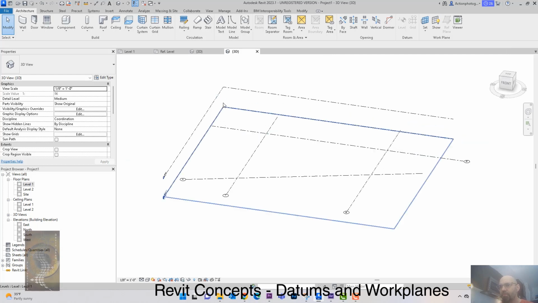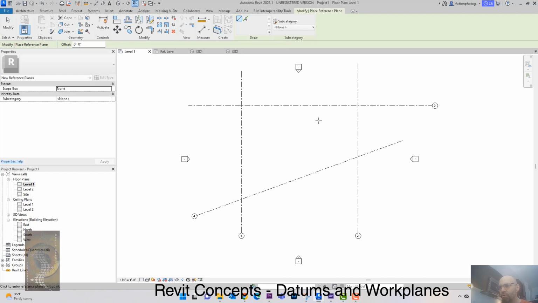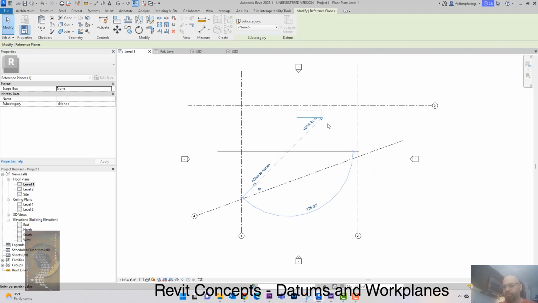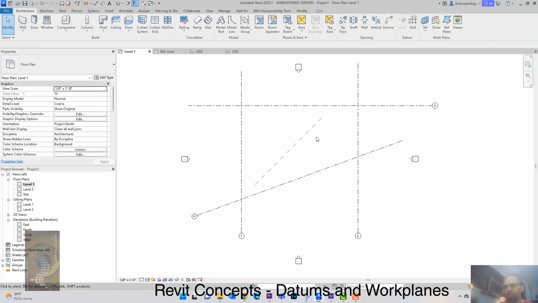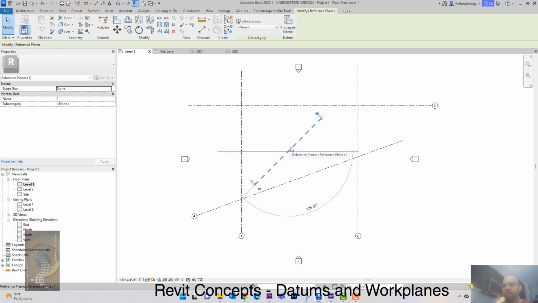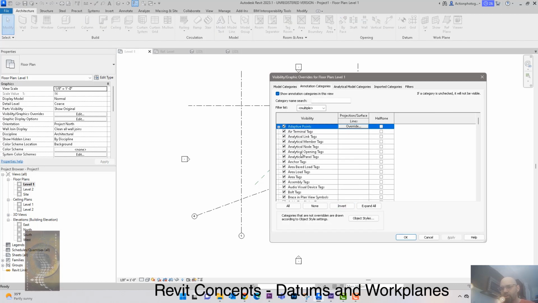Okay, so we have levels, grids, and then we have a couple of custom ones that are called reference planes. A reference plane is a sort of generic grid, if you will. It is a special category, and unlike a grid, you can subcategorize them, so you can then turn them on and off in visibility. If I go down here to reference planes,